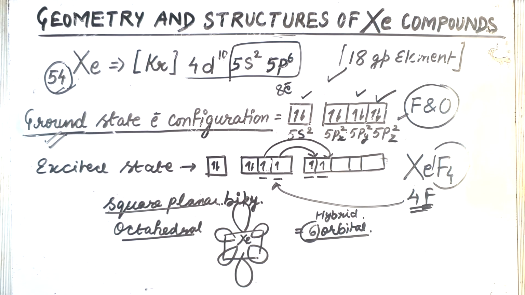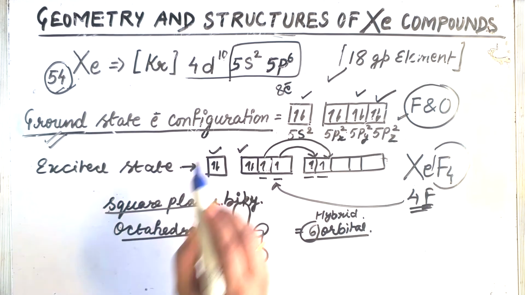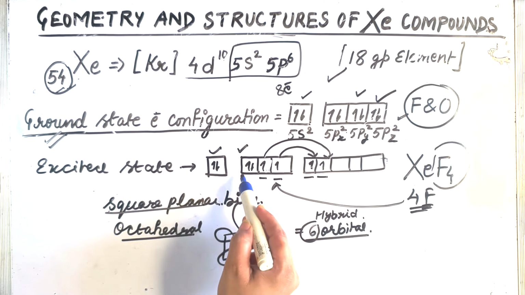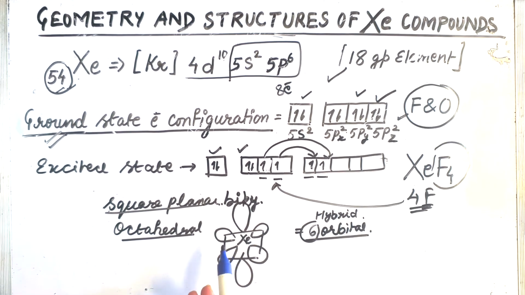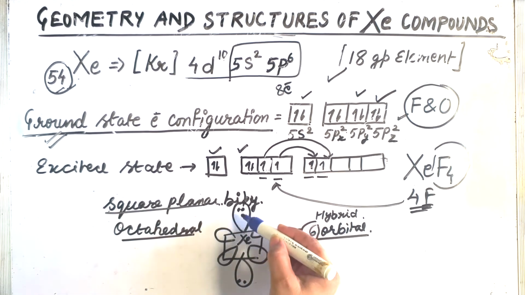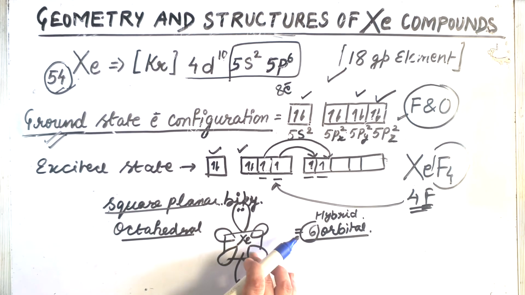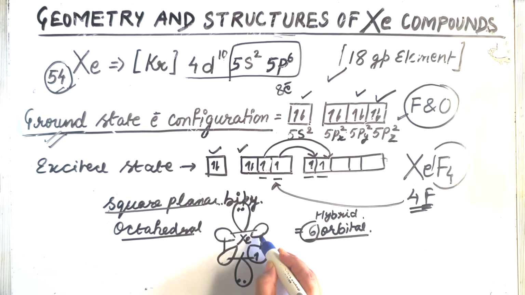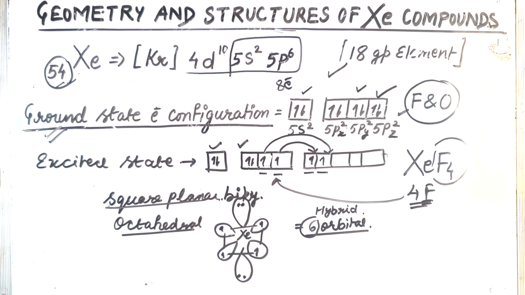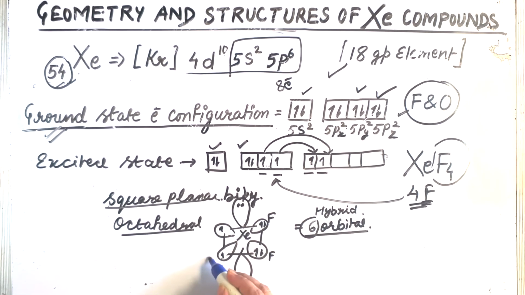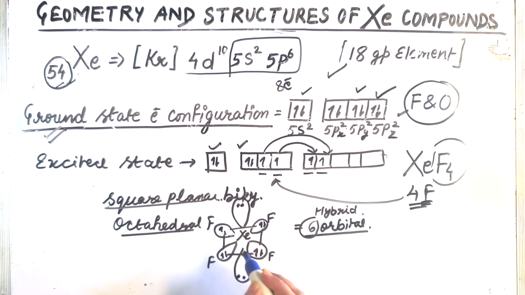But this is the geometry only. The structure will be decided by the number of lone pair electrons. So how many lone pairs of electrons can you see here? There are 2 lone pairs I can see. So what will be the structure of the xenon? That will be decided by the lone pairs of electrons. So how are the lone pairs going to arrange themselves? These lone pairs will settle down at the maximum distance, that is at the axial sides of the orbitals, and these equatorial positions will be occupied by 1 electron each, which are available for the bonding. So here they are, 1 electron, and the fluorine is going to bond with the 1 electron of each orbital to form